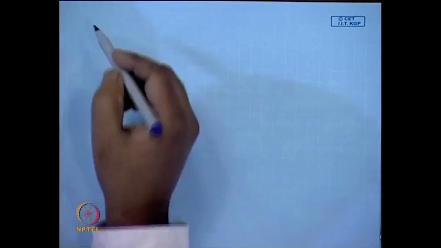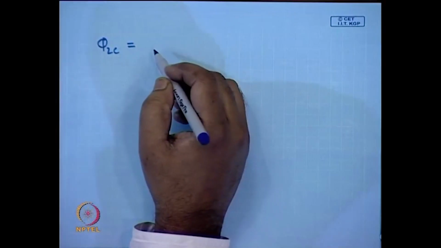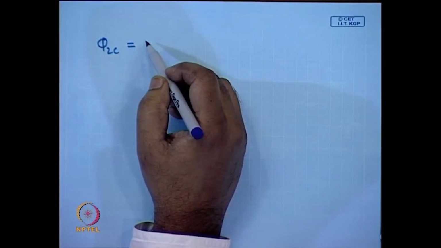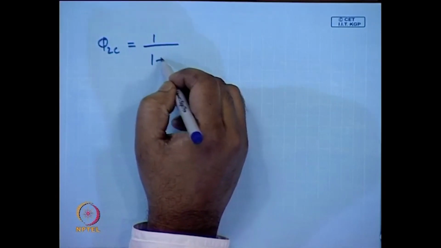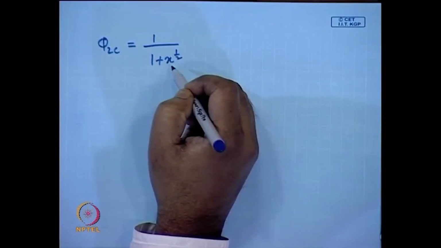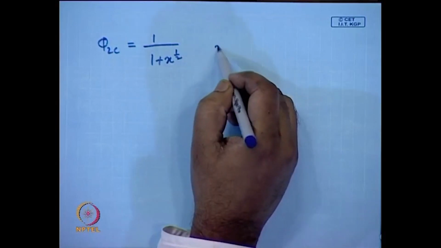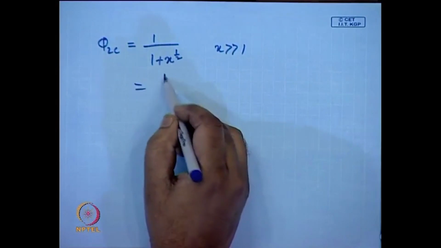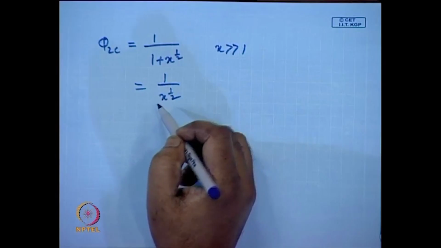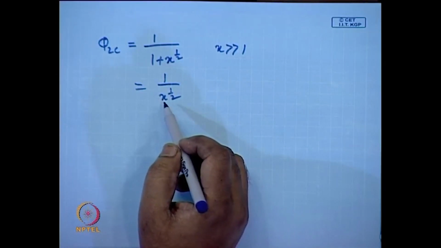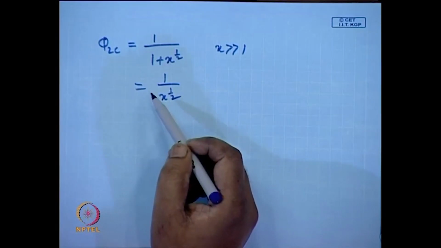So, let me write it again. The critical composition at which the polymer starts separating out from solution is given by 1 by 1 plus root x. X is the number of chain segments, which is always very high. X is always much greater than 1. So you can write 1 by root x. So the critical concentration at which the phase separation first appears, going from a one phase region to a two phase region,